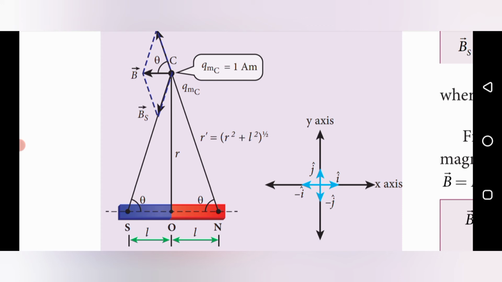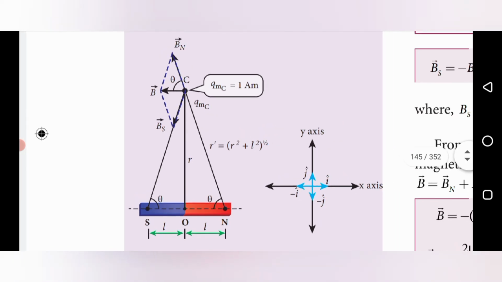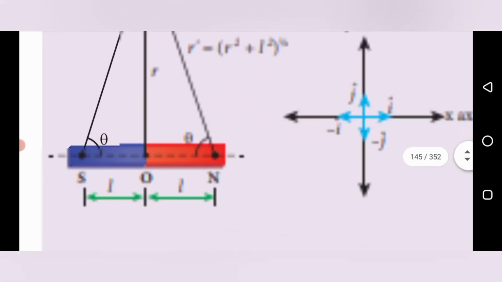We use the electric field as the E vector; here it is the B vector. That's it, and all the final values are equal. I will just explain it, and you go through the first lesson and work out the expression for this lesson also. So this picture represents the magnetic field at a point along the equatorial line, which is perpendicular to the magnetic dipole.